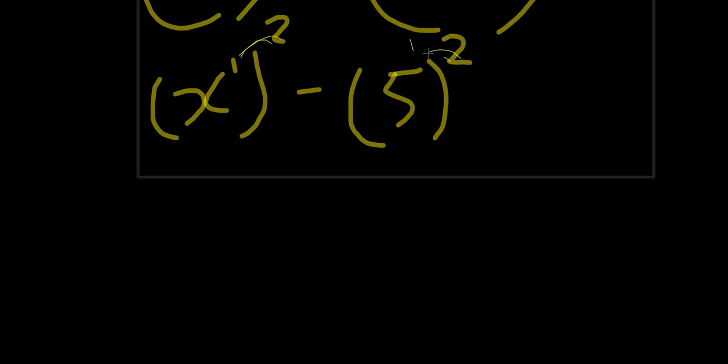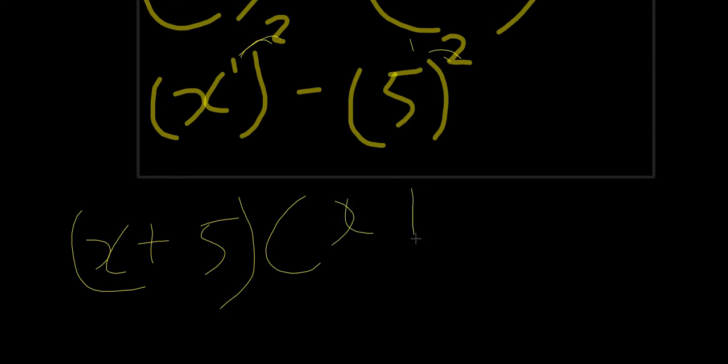If we look at this in the same concept of difference of two squares, what we will get is x plus 5 bracket, and the same thing as this. And this mirrors the proof that we did